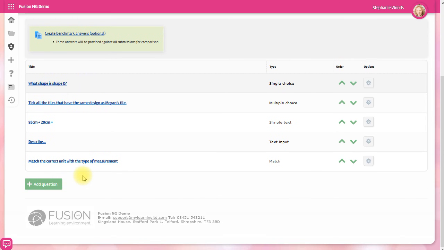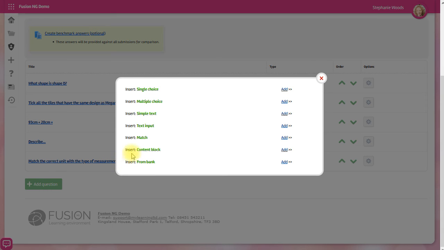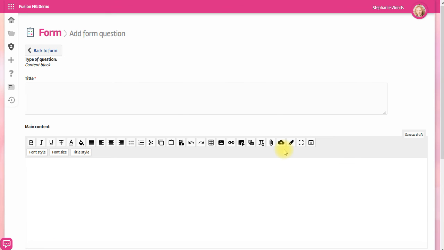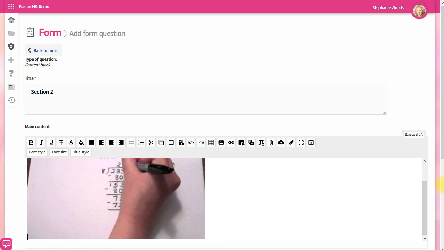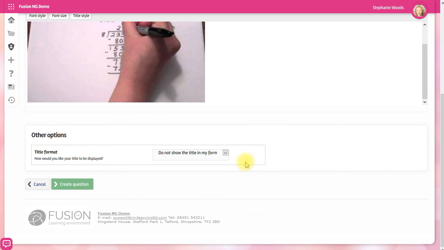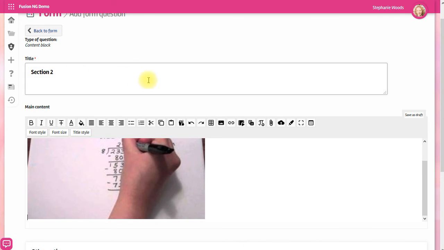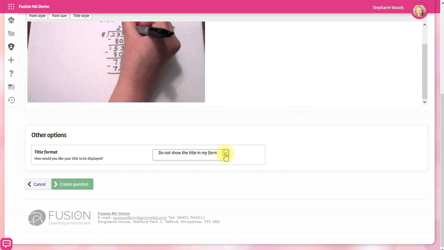At any point in the quiz, you can create a new section using the content block. The content block has a title and an area where you can add content to split up your quiz. So here you could add another video for students to watch before they answer the next set of questions. When you've added the information in, scroll down, and you have the option to include the title in your section break or not. The default is not to show the title, but I'm going to show the title